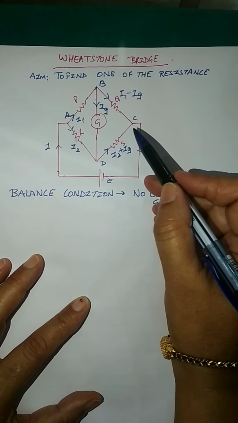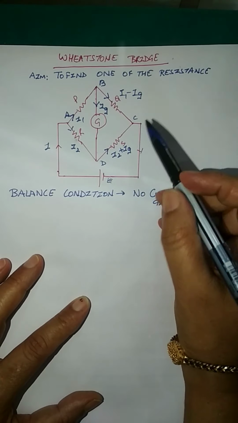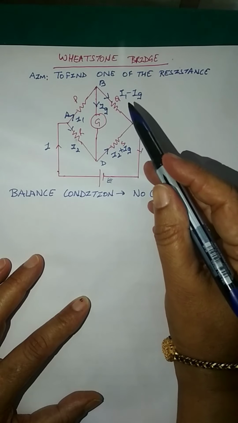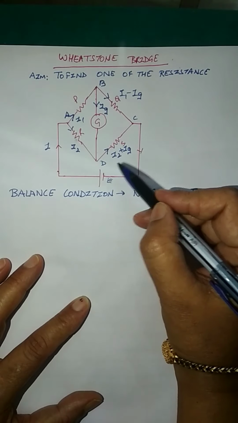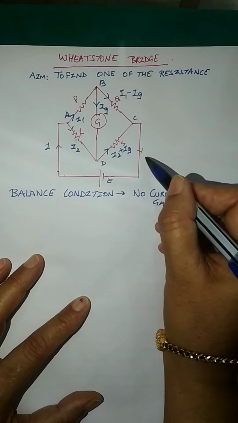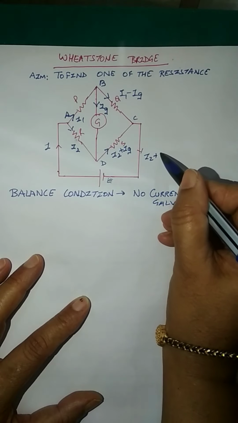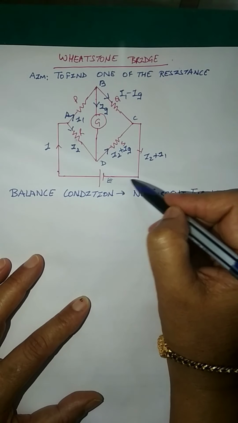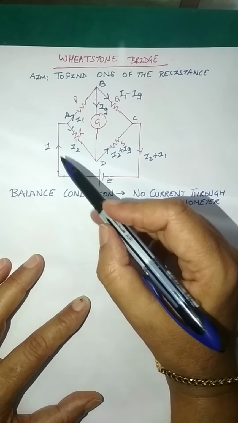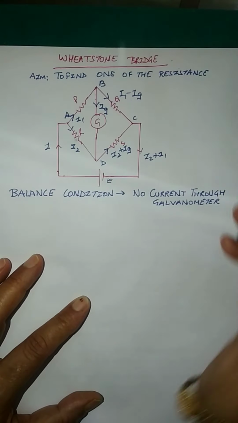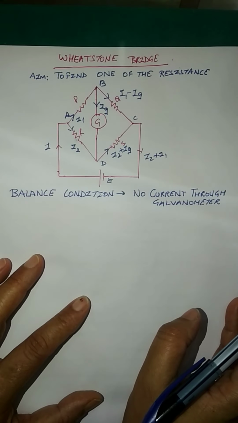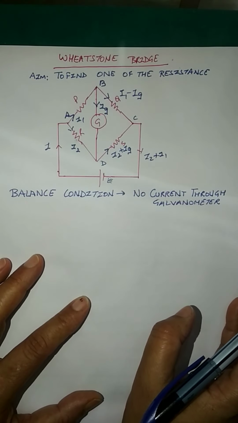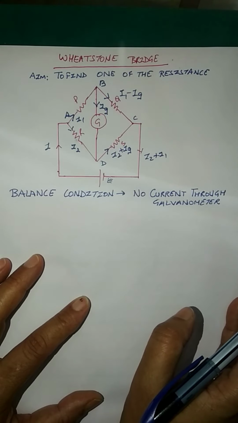And as you reach the junction C, again at C, what's the sum of the current? I1 minus IG plus I2 plus IG, that will be equal to I1 plus I2 because IG will get cancelled. So you can see that I1 plus I2 goes through this and I is equal to I1 plus I2. So is it clear, children, that I have applied the currents using the Kirchhoff's junction rule.